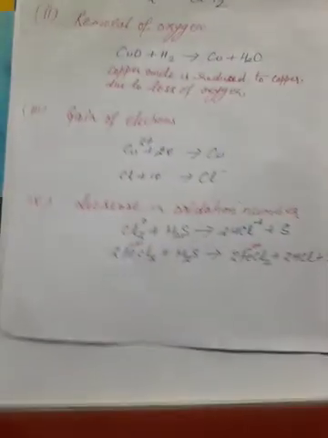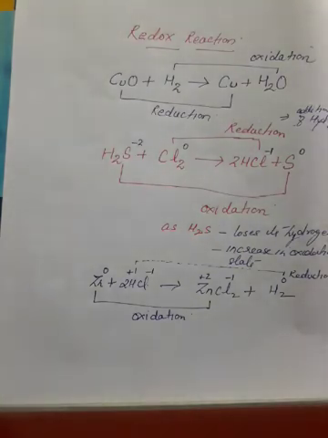Then one or two examples of redox reactions I will also tell you. How to explain a redox reaction? In most of the cases you will see that if one substance loses electrons, another substance will gain electrons. One is oxidized, then the other will be reduced, in most of the cases, not in all the cases, okay. So how to define a redox reaction? A reaction in which both oxidation as well as reduction occur together simultaneously is known as a redox reaction, okay.